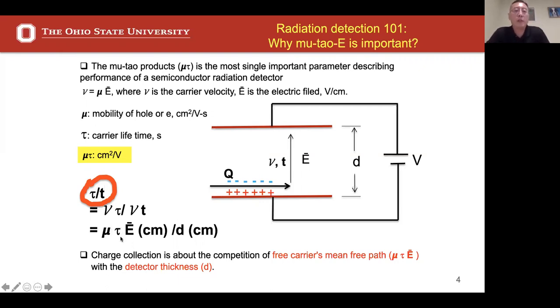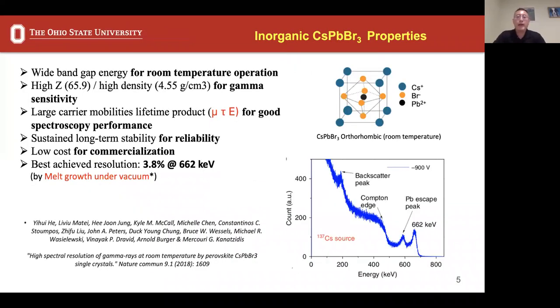This helps you get a little better understanding of what mu tau means. I have to put in perspective how charge travels to induce charge, and put into perspective this mu tau E. But anyhow, now we're going to move on to this inorganic cesium lead